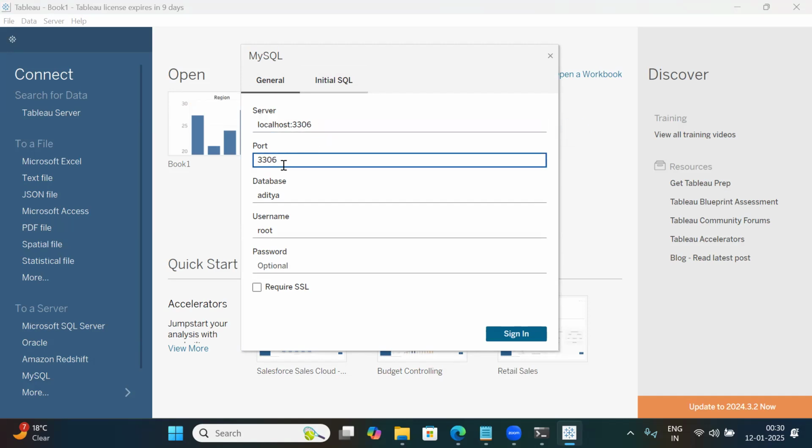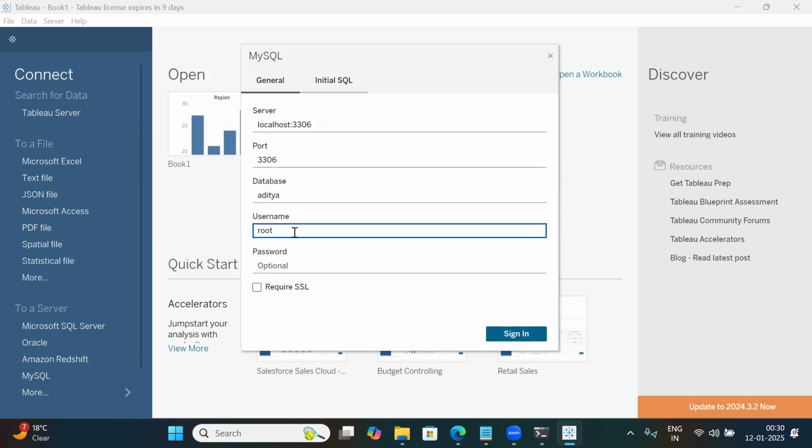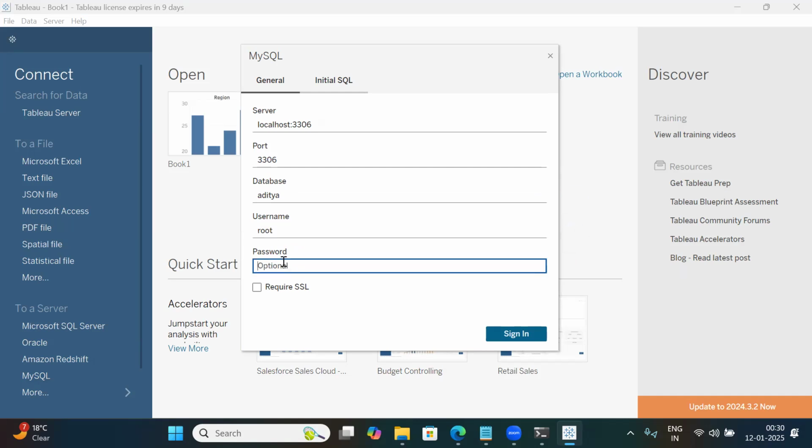The database is Aditya, because you are going to retrieve the values from the database named Aditya. You can create your own database name. The username is root, and the password is